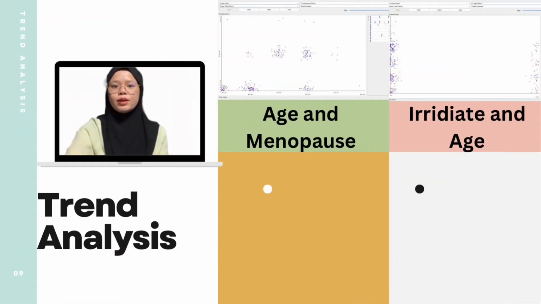Next, the class of irradiation and age. Irradiate is the use of radiation, such as X-ray and alpha particles, for medicinal or sterilization purposes, for example in food, also known as partial or complete sterilization by irradiation.